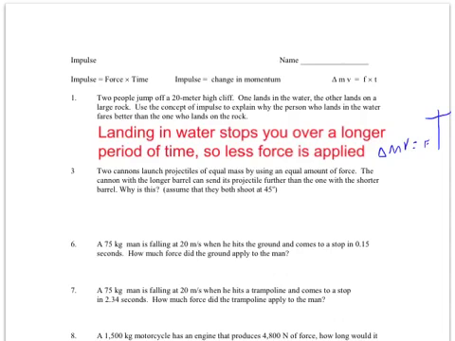Okay? And similarly, I have two cannons launch projectiles of equal mass. There's a good control variable, equal amount of force. We have another control variable. They're both shooting the same angle. Man, we got all these control variables. Here's what's different. The longer the barrel sends the projectile farther, and the question is why.